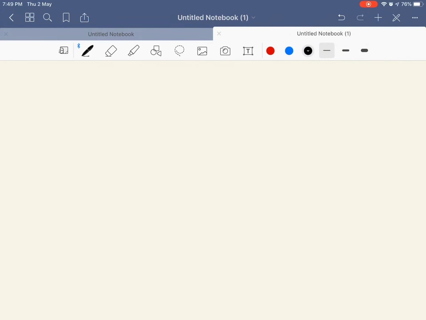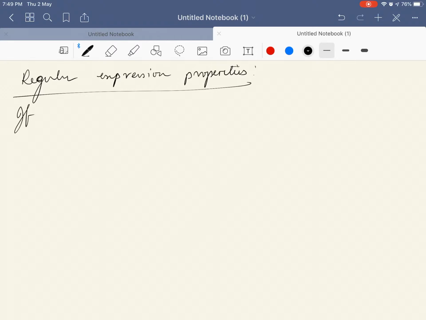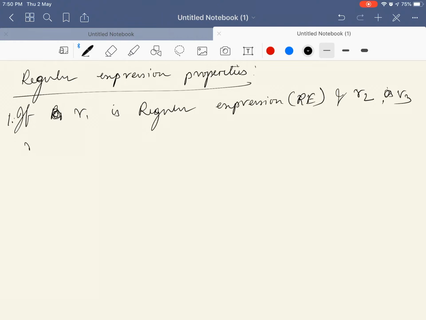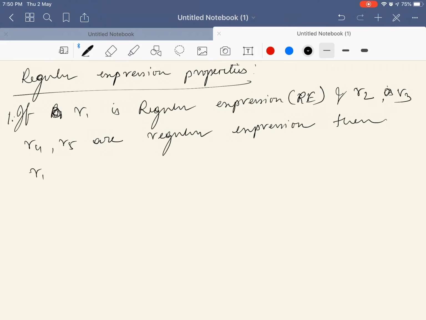Now there are some properties of regular expression. The properties of regular expression are: if R1 is a regular expression, and R2, R3, R4, R5 are regular expressions, then R1 plus R2 plus R3 up to Rn is also a